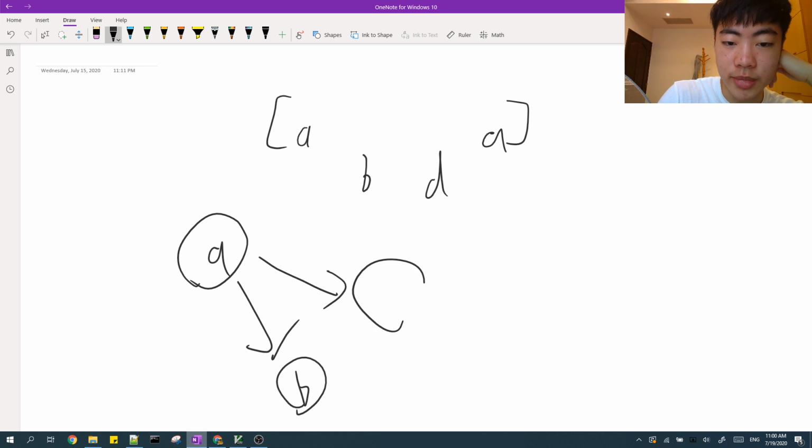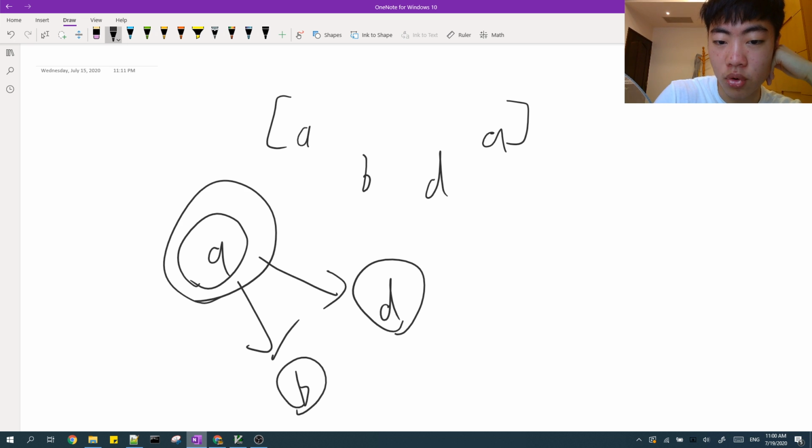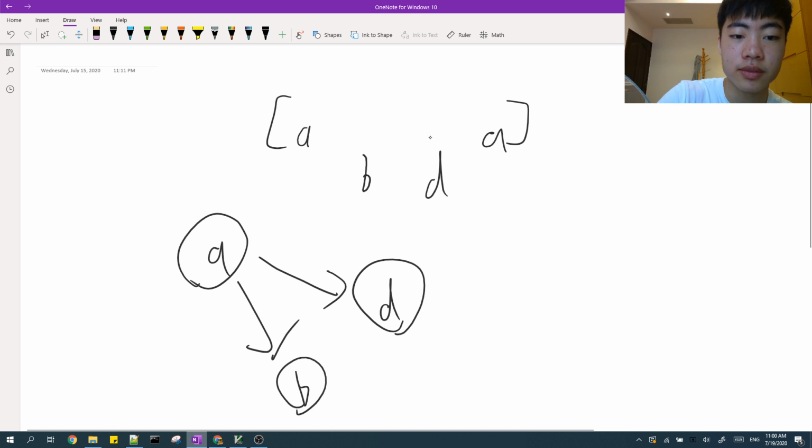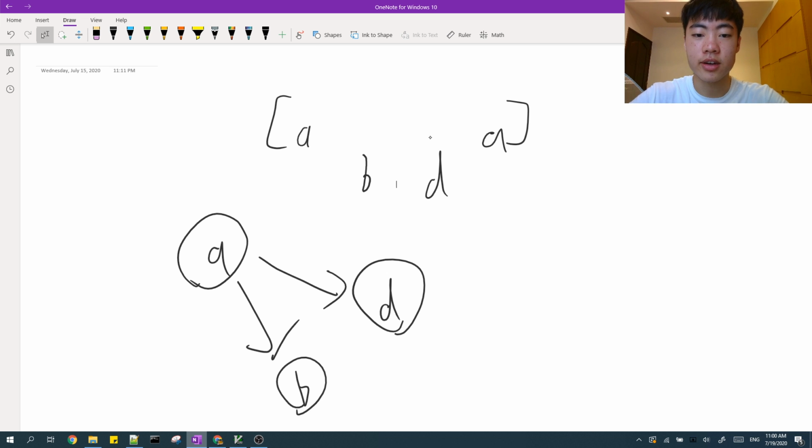Then I just mean that if we choose A, then we have to choose B and D. If we choose a node, then we also have to choose the nodes that point to it. And this is true because if we ever have at least one occurrence, then we need to take the full range. So if you build this graph of 26 characters,